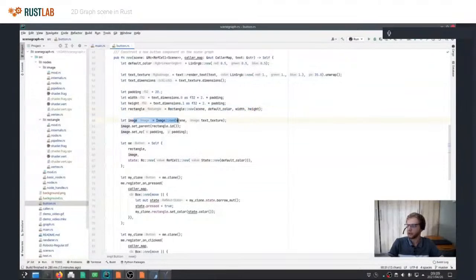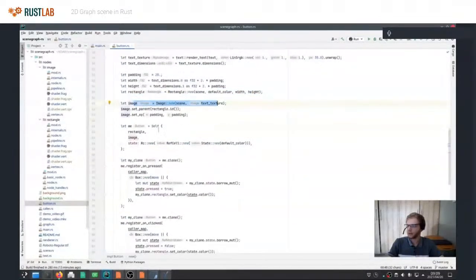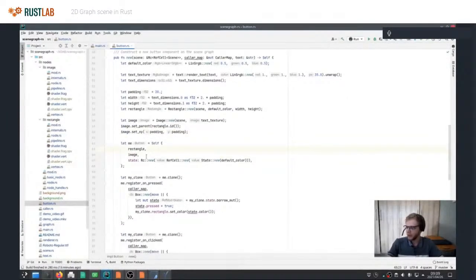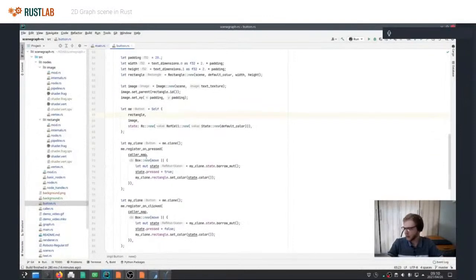Then it creates an image node with that texture. Then it sets the image node to be a child of the rectangle node, so that when you do anything to the parent, it is automatically applied to the child as well, so that on a high level they appear to be one component, which is what you want. Then it just populates the struct, and here it does that.